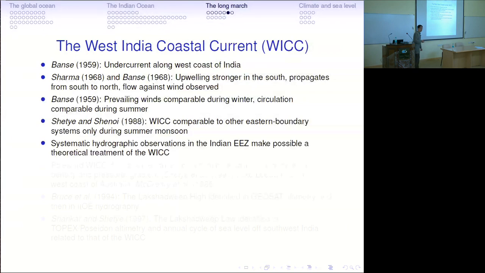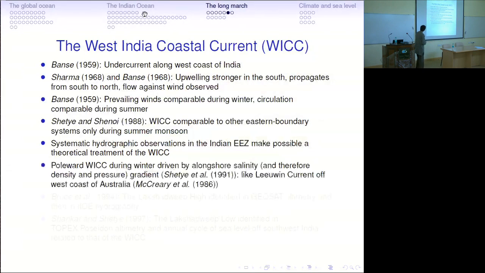There were many hydrographic observations, but systematic hydrographic observations in the Indian exclusive economic zone made possible the theoretical treatment of the West India coastal current. It needed a set of time series measurements, and this was done in a set of cruises that were carried out by Shankar and his colleagues from 1987 to 1994. The poleward West India coastal current during winter, they showed, is driven by an alongshore salinity, and therefore density and pressure gradient. You have lower salinity